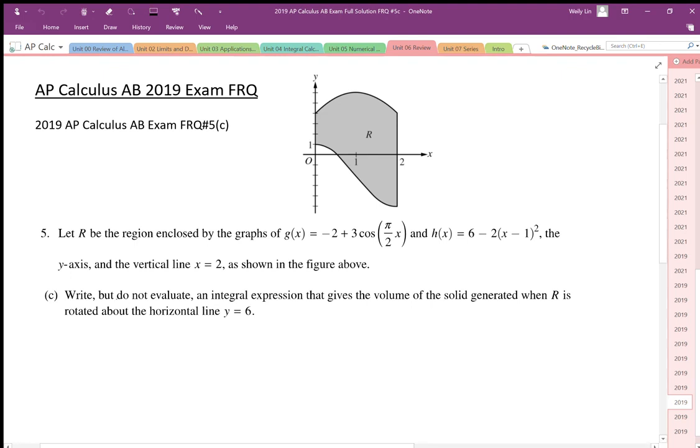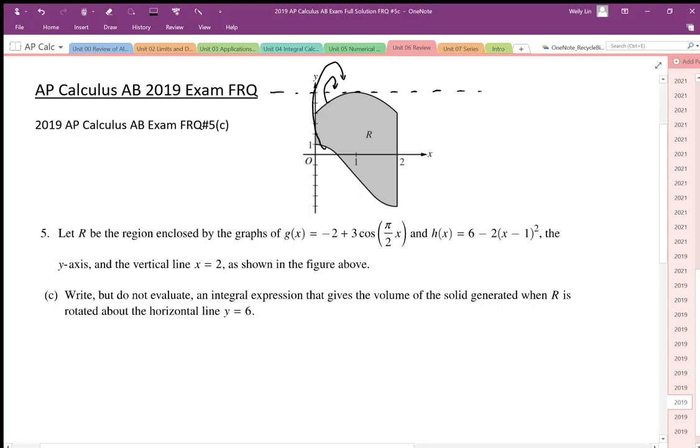5C says, write but do not evaluate the integral expression that gives the volume of the solid when R is rotated about the horizontal line y equals 6. So 1, 2, 3, 4, 5, 6. Y equals 6 is going to be this line here. So when we rotate this region around there, we're going to end up with this shape generating, it will generate